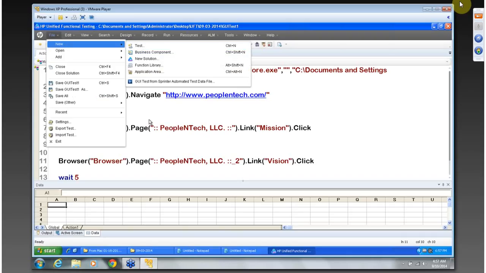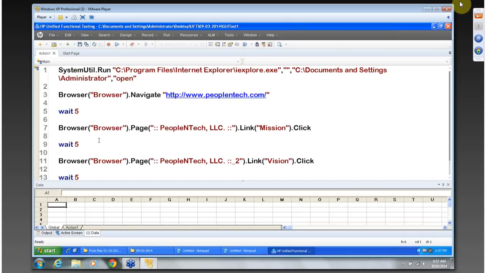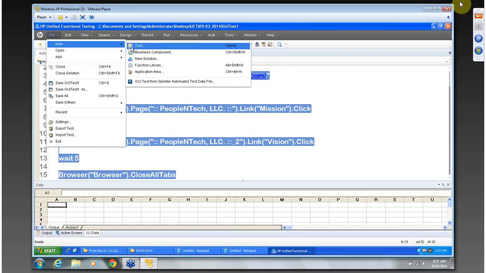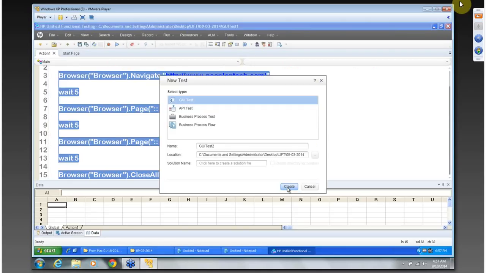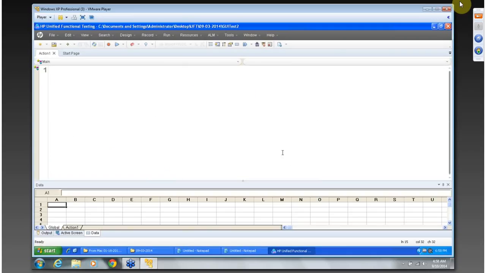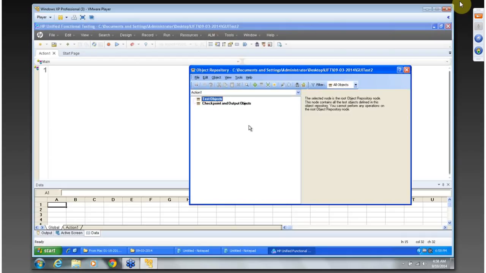So let's create a new one. Let's do the exact same test. With this one, we did record and run with object repository, but the next one we're gonna do with drag and drop without recording. We're gonna do drag and drop with object repository. So we're gonna manually, see, look, this object repository is empty, right? We're gonna manually add the steps that we're gonna take